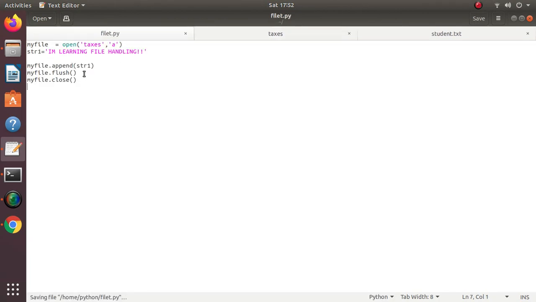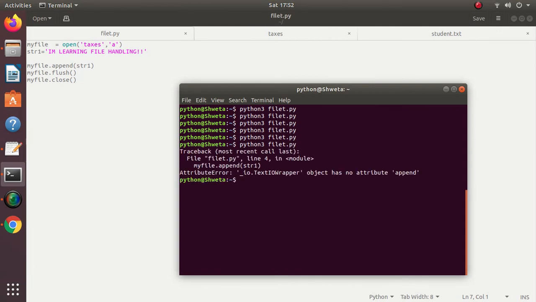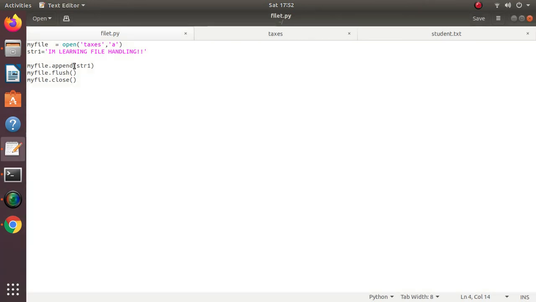Now I am using the append function, passing this string, string 1, "I am learning file handling", and when I run this program, okay, this does not support the append function. So we will have to use only the write function.